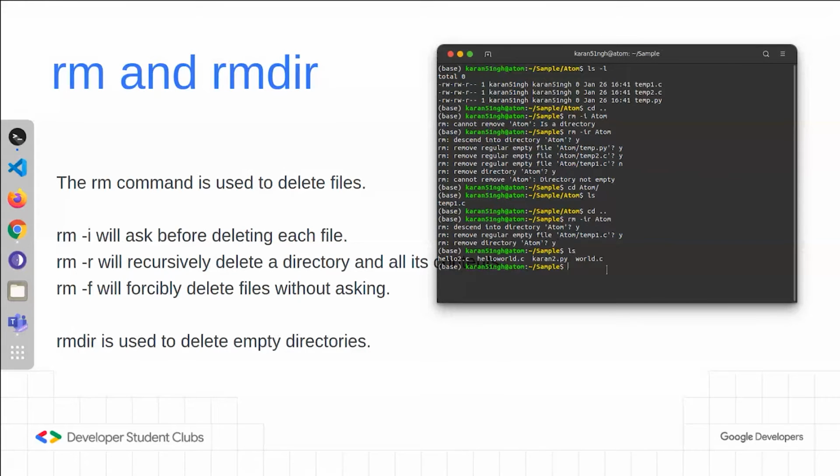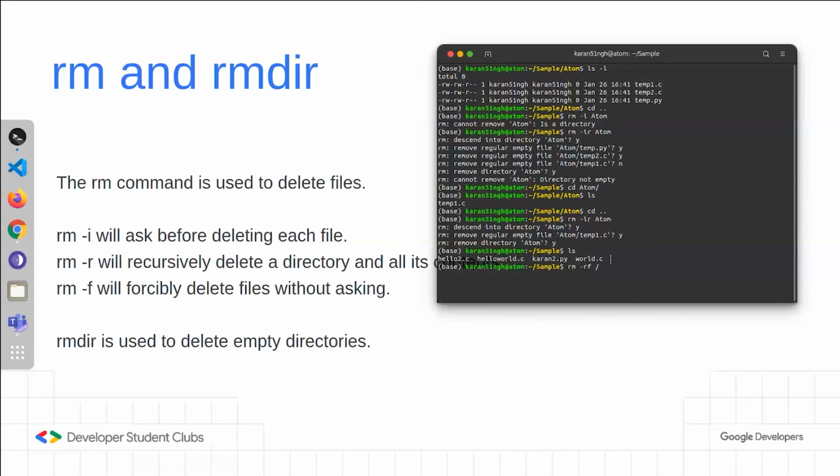So basically it helps when there are special files; you cannot just simply delete them. The system will always ask you, but if you don't want to answer and just say yes for everything, then the F option is used. Now in many memes on the internet, you'll see people saying this command is very useful. They'll just tell you to use this command in your system. Basically what it means is it's a very dangerous command. It means remove recursively and forcibly